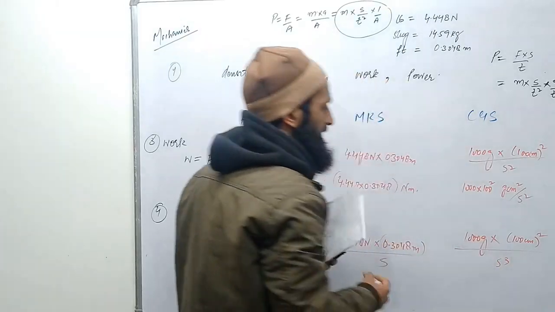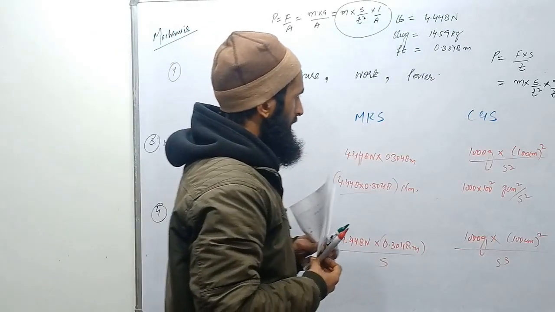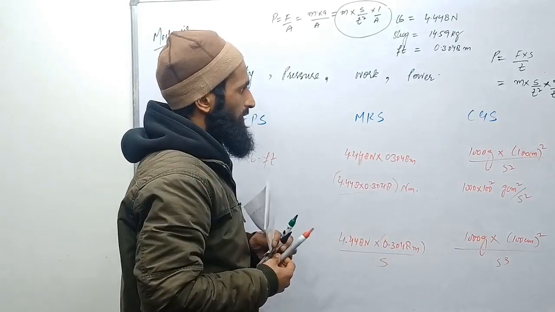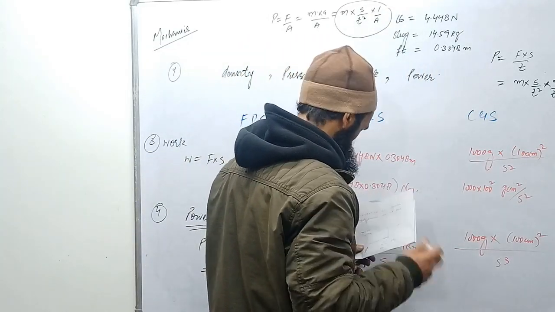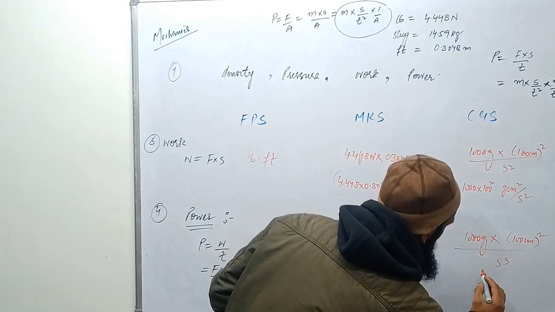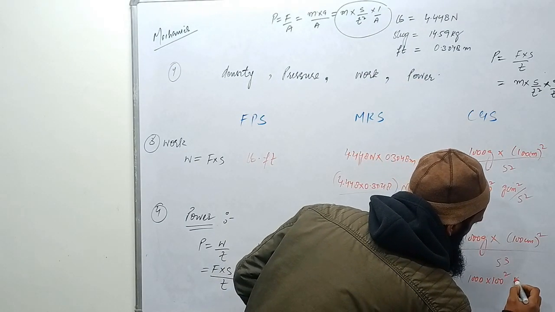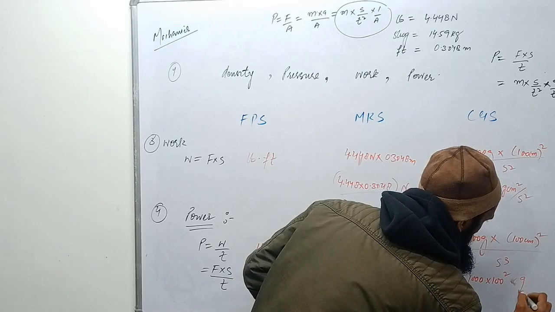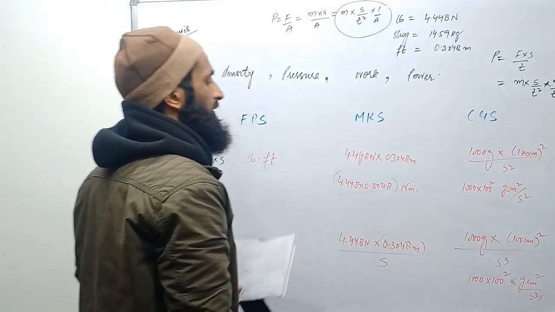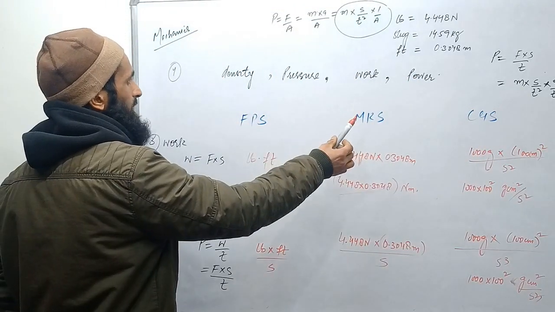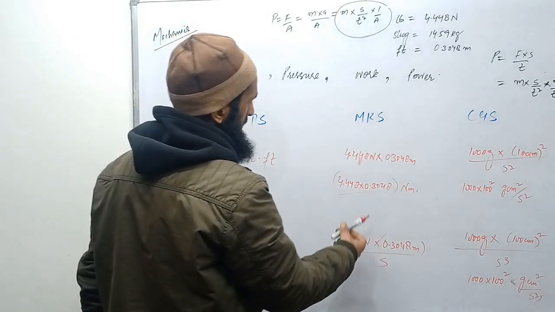This will be second, because the unit of time is the same in FPS, MKS and CGS system, right? So here we will get 1000 multiplied by 100 square gram centimeter square per second cube. This will be the conversion of power. This will be the unit of power in FPS, and when we convert it into